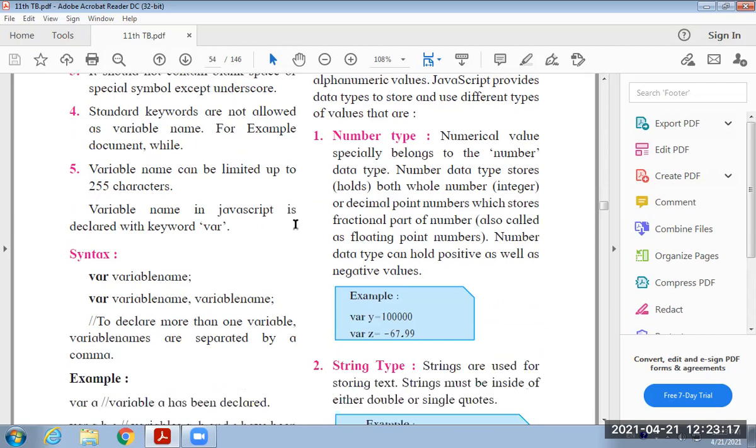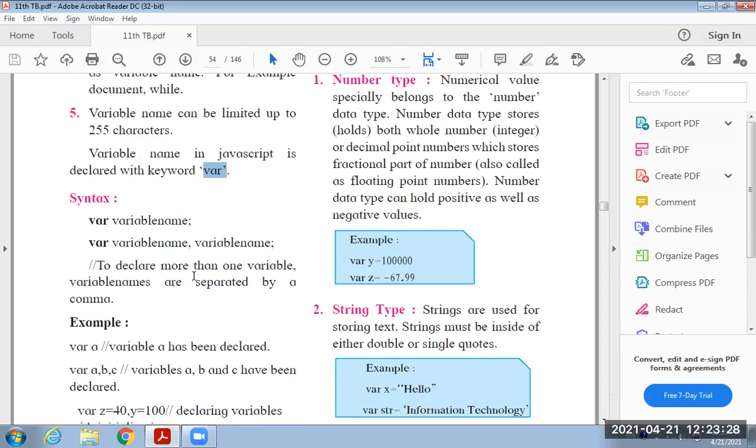Then a variable name in JavaScript is declared with the keyword var. Var is used to declare the variable name in JavaScript. For example, here var and then the variable name. Here only one variable name is defined, and after that a semicolon is provided to terminate that variable declaration.